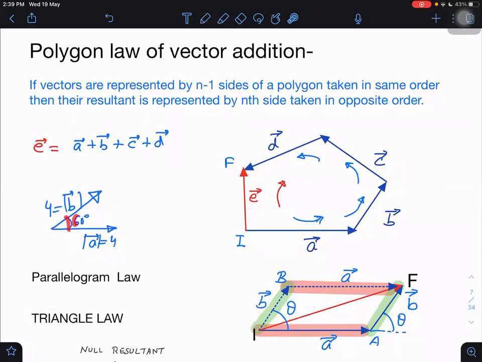They have given the angle. Have they given x-axis, y-axis? They have not given. But can I not make my own x-axis here? I will make the x-axis this side and the y-axis this side. If I do that, then what will the A vector represent? Then A will be representing 4 i cap.